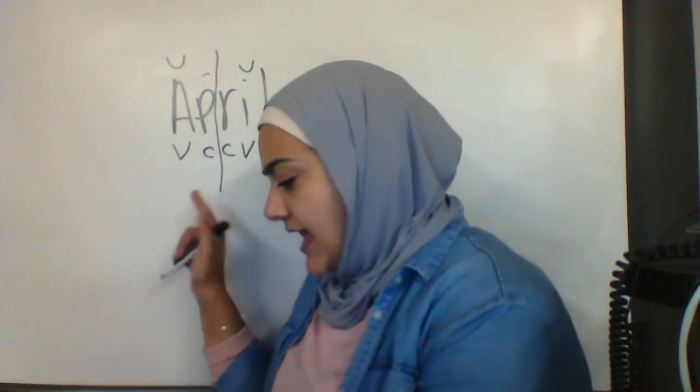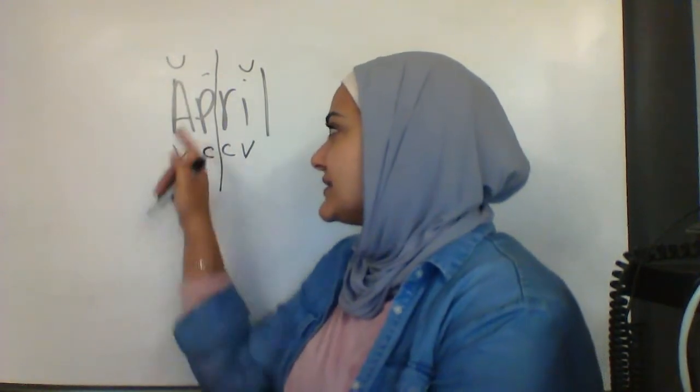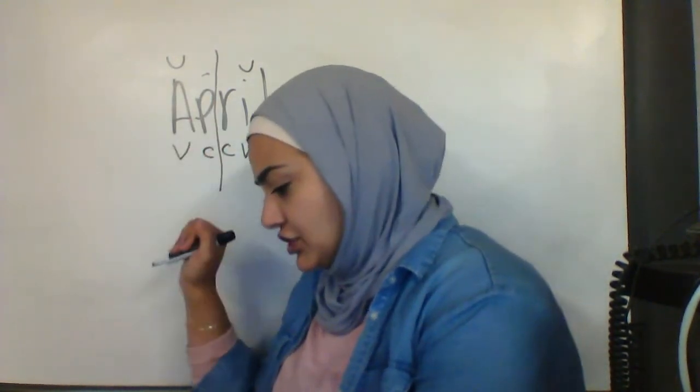April. April. Very good. You notice where the division line is? So it's not "A-pril," it's "April." Good job. Let's see. If we move the accent to the second syllable like this,